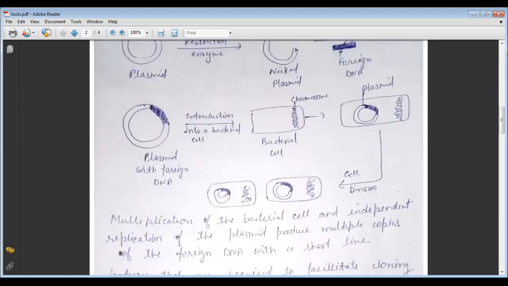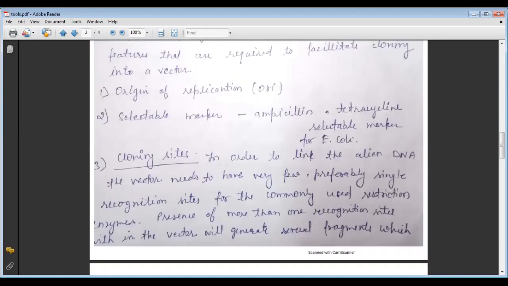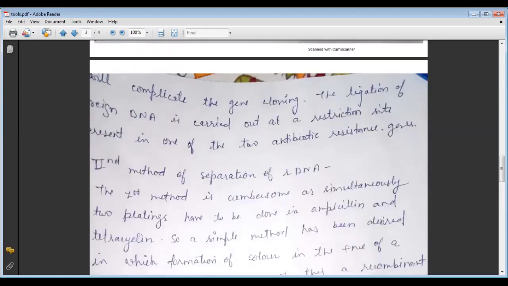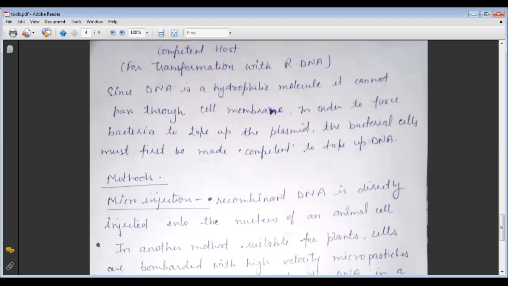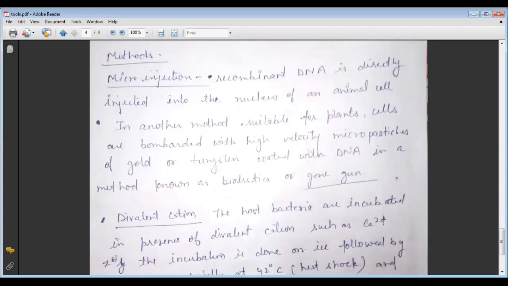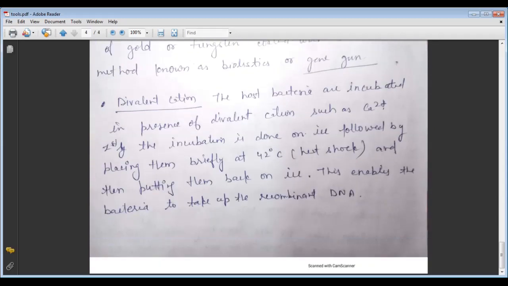And now after the selection of the clones, it goes to the third, that is called the competent host or the transfer. Now we want to transfer the recombinant DNA into the host cell. So there are three methods. First is the divalent cation method, in which there is a heat shock. Firstly, in the presence of a divalent cation like calcium 2 positive,